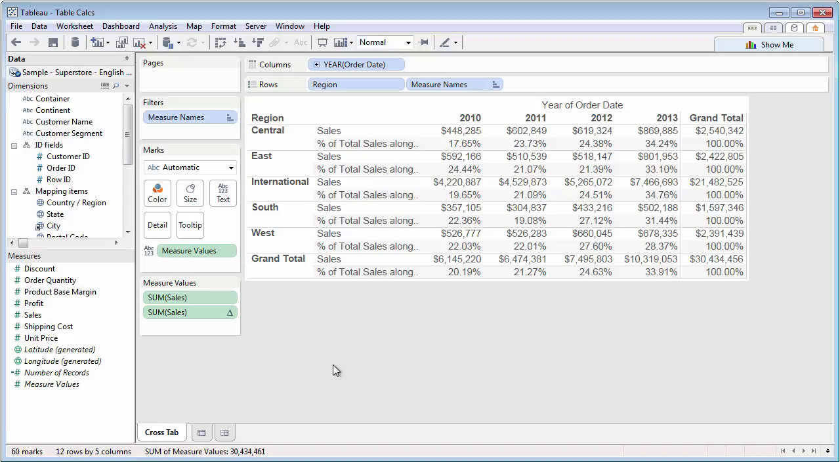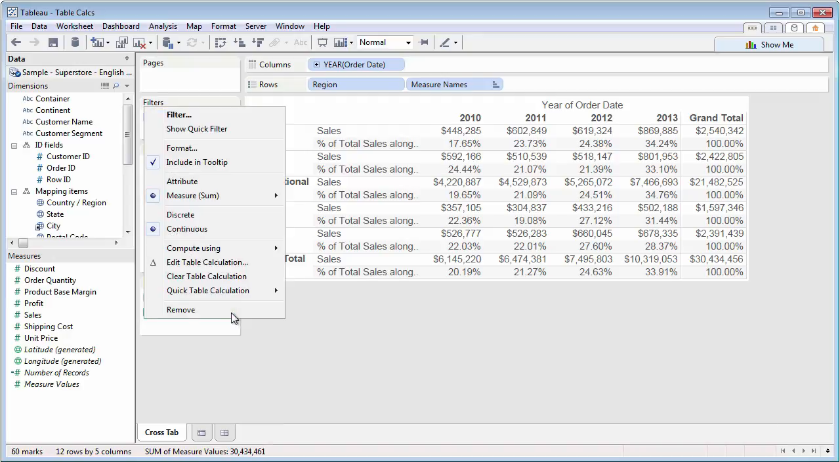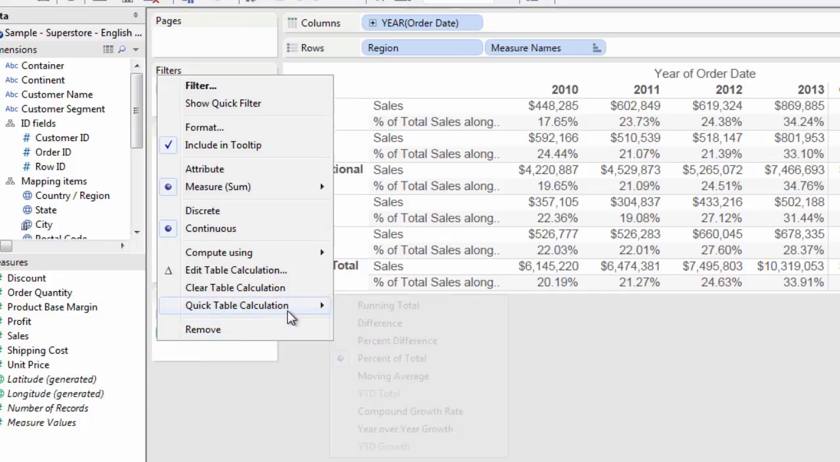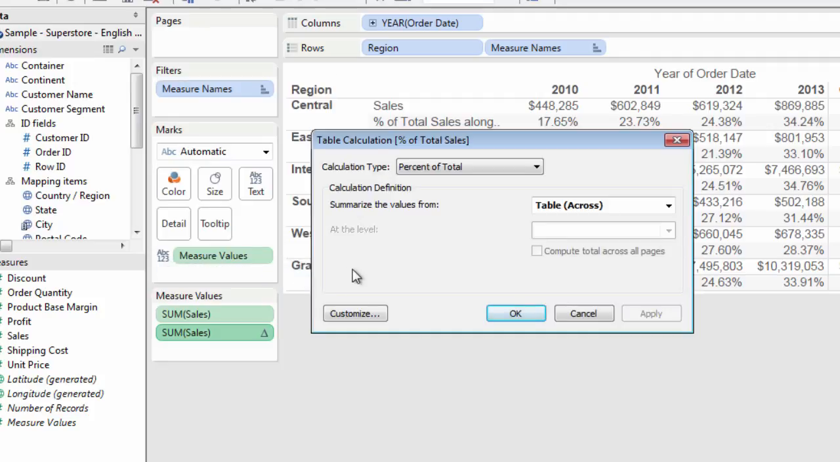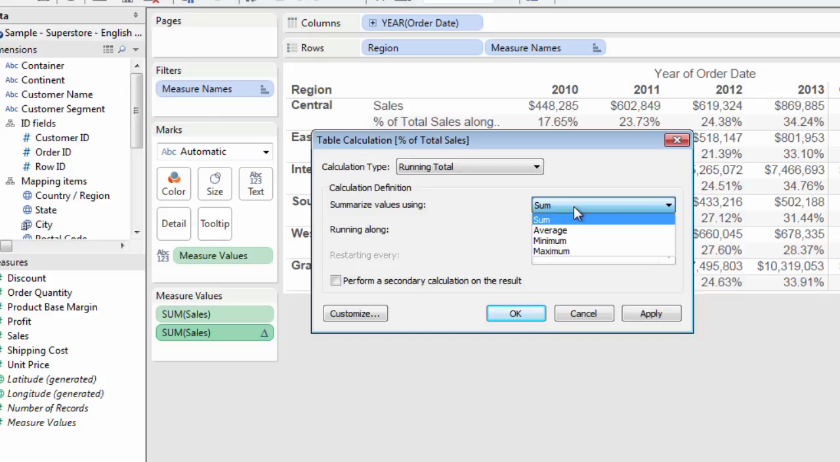Okay, now maybe I want to change the table calculation to show the running total of sales instead of the percent of total. There are a couple of ways of doing that too. If I display the context menu for the table calculation field, remember the one with the delta, I can change the quick table calculation to something else. But I think I'll edit table calculation instead. This dialog box shows more options. I would have seen these if I would have added a table calculation instead of doing a quick table calculation in the first place. I'll change the calculation type to running total,